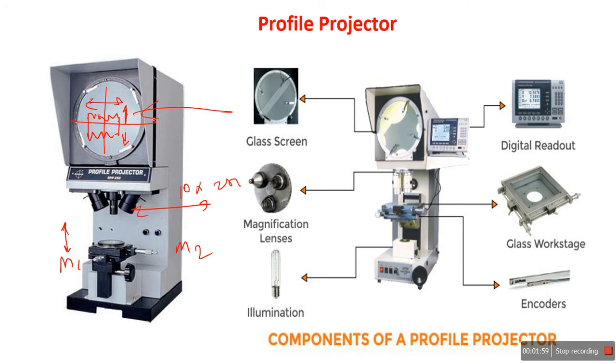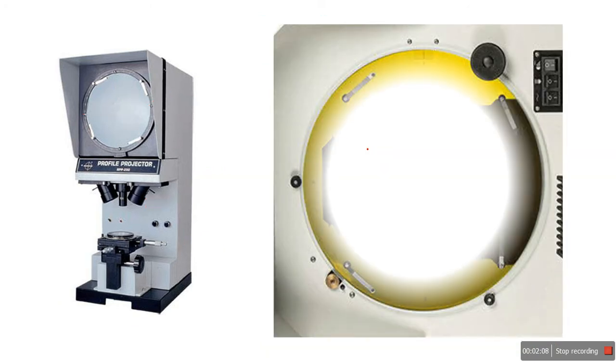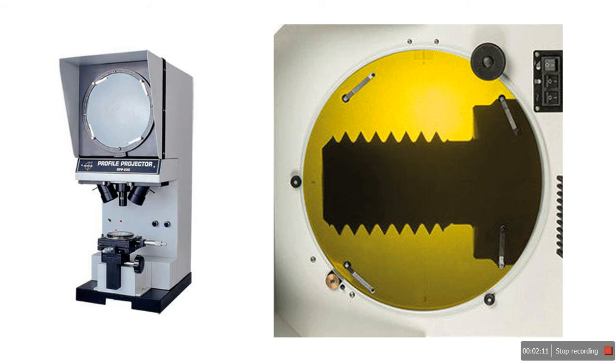This is a glass screen. It is provided with vertical and horizontal lines along with a degree graduation scale. Now we can easily understand the component we are going to measure, that screw thread. It is kept on that work table. After starting this profile projector, when the illumination light passes over the glass and through the magnification, we can use the enlarged view. This is the horizontal and vertical lines provided over this screen.